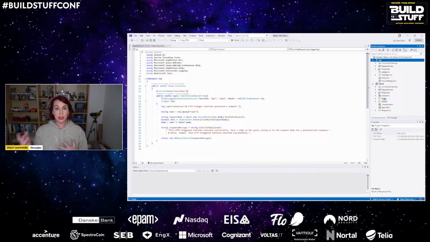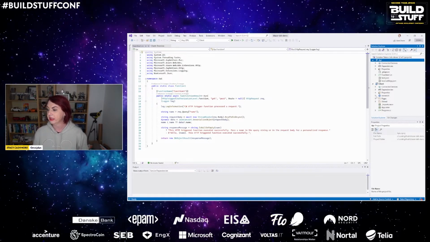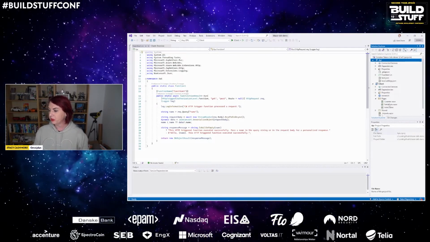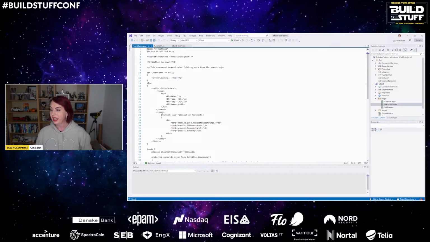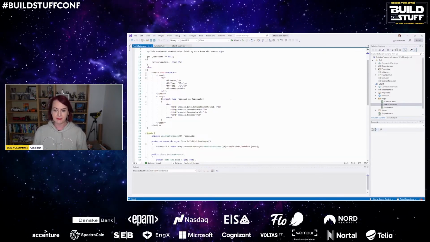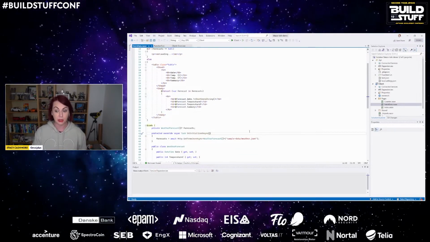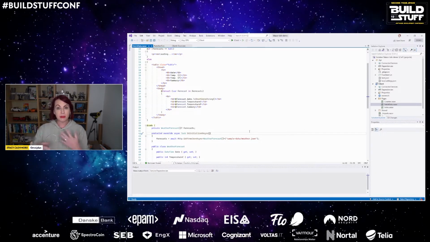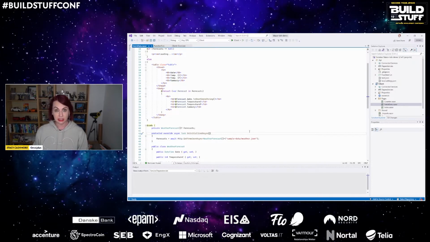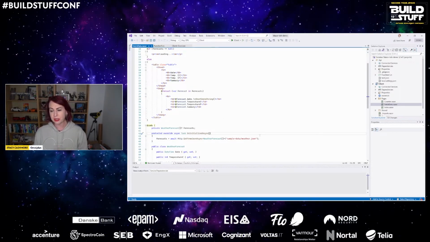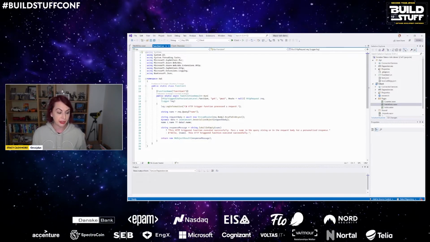Now, the first thing I want to show you how to do today is just how to communicate from the front to the back end. And for that, we're going to use one of the pages which is created when we new up a Blazor WebAssembly app, and that is this fetch data page. Basically, we have a JSON file which is included in the project when you create a new one. And it just runs through that JSON and it just puts some HTML on the screen for us and makes it look pretty. What we're going to do is, rather than use this JSON file, we're going to get that data from an Azure function.